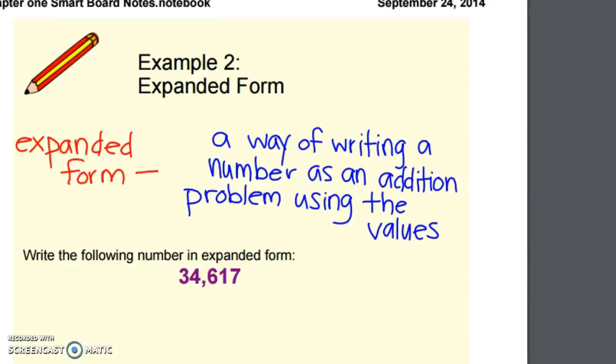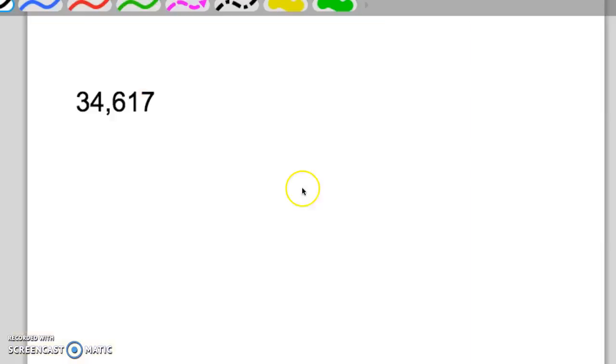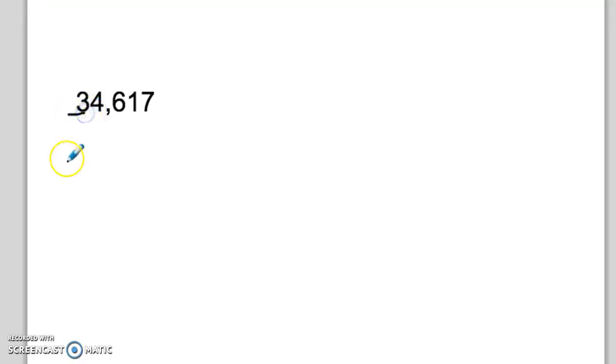The next example is to go over expanded form. Expanded form is a way of writing numbers as an addition problem using the values. So before, when we talked about the values, a 3 in the 10,000s place would actually mean 30,000. A 4 in the thousands place would mean 4,000, and so on. We're going to connect each of those values and make it into one long addition problem. So here you see 34,617 written in standard form, and we're going to write it out as expanded form. I'm going to start with my first number, which is the 3. The 3 is in the 10,000 spot, so the value would be